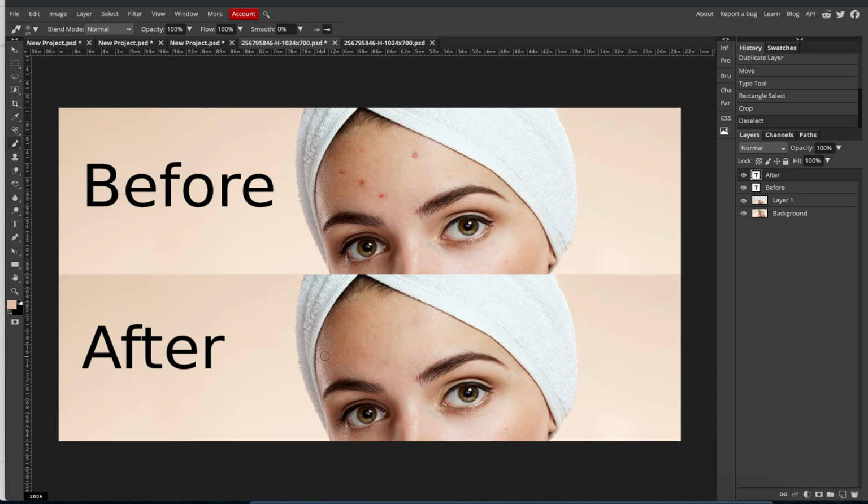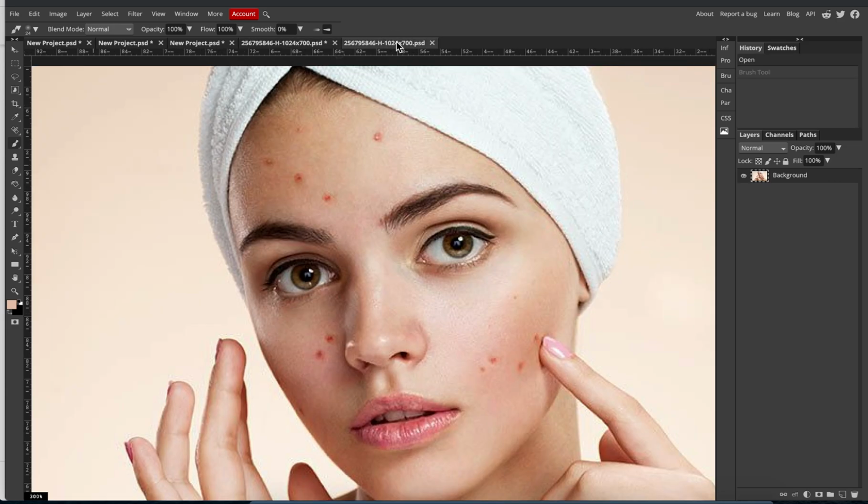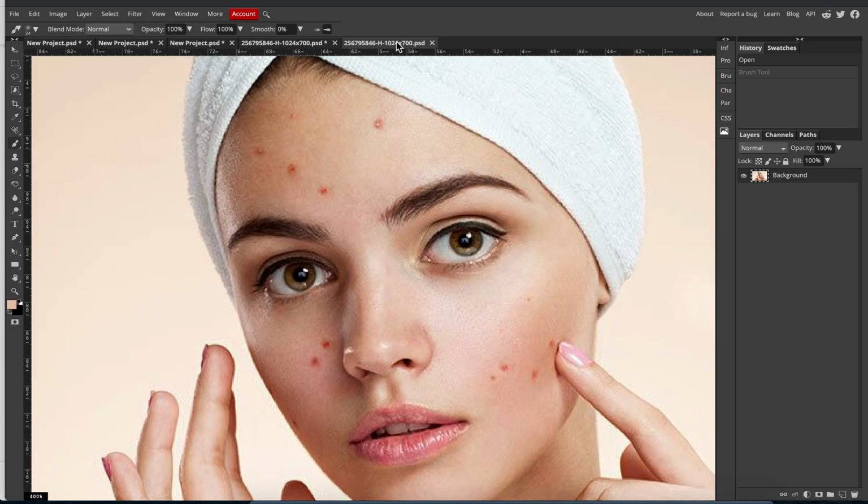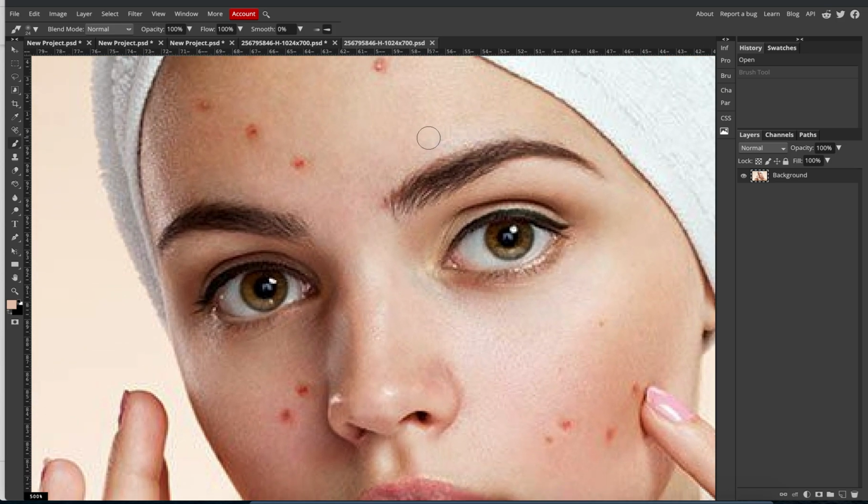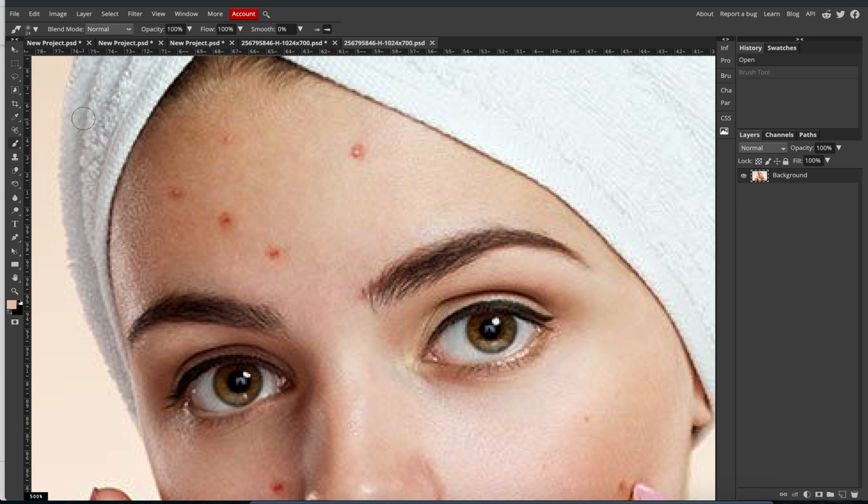So what you'll see in the picture underneath is that I've taken away all of her blemishes. So I'll just show you how I did that. It's quite easy, really. So first thing I'm going to do is zoom into the area that I'm going to fix. You have to do each one individually. I'm going to use the eyedropper tool. So when you use the eyedropper tool,